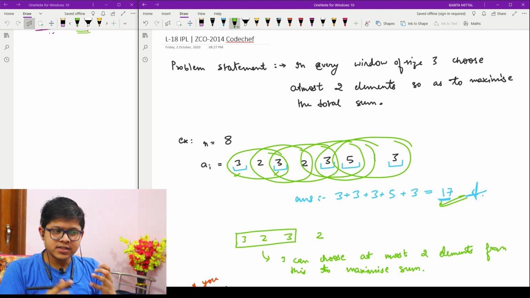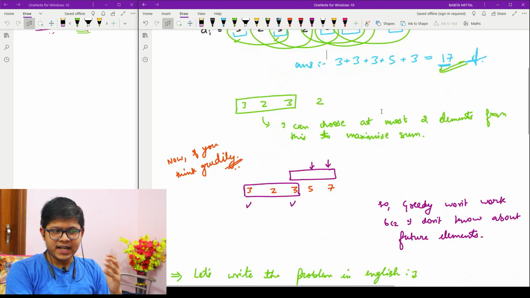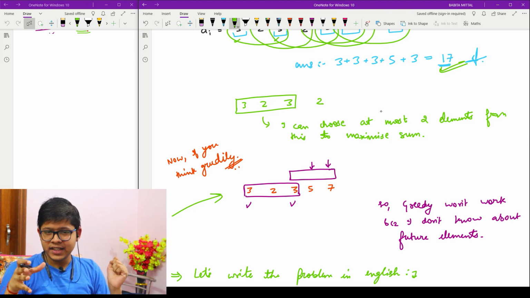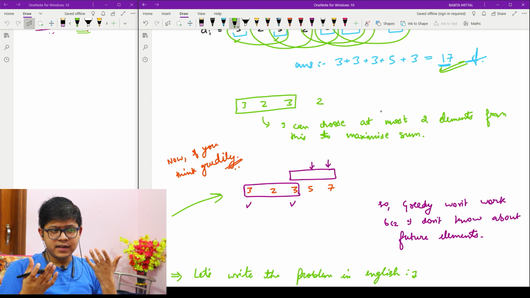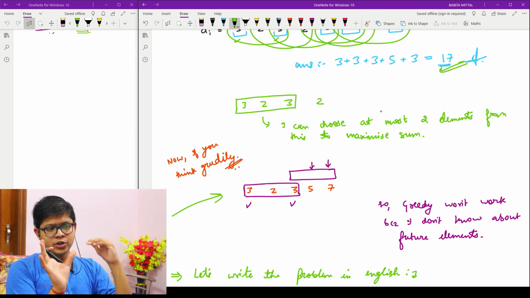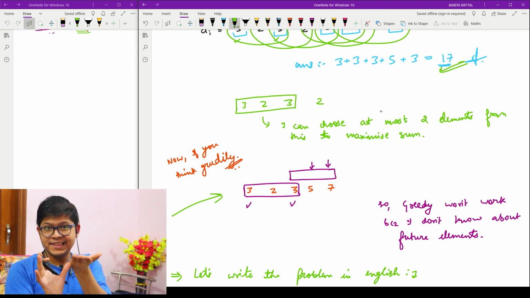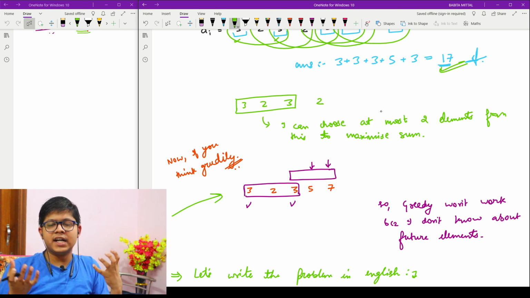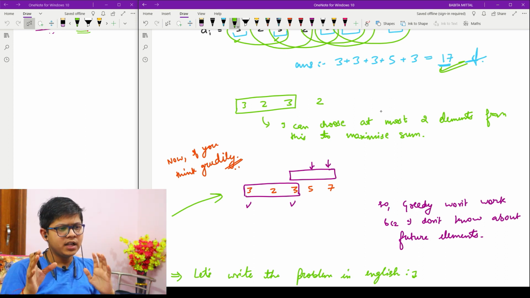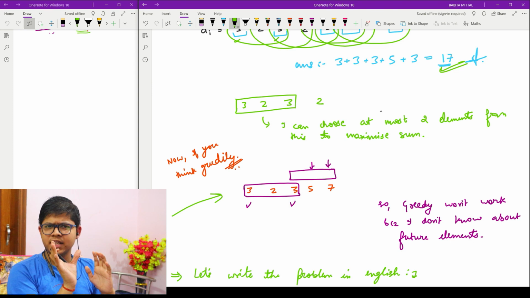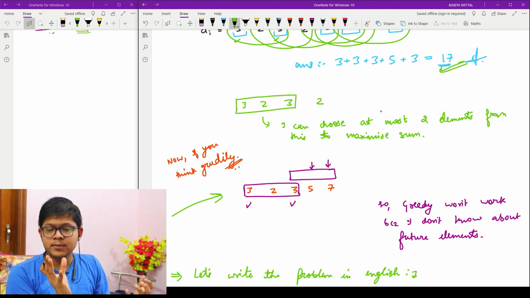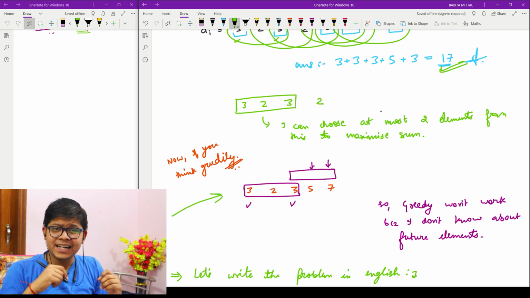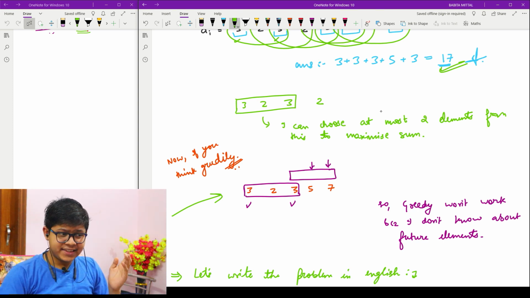But it's wrong. Because let's take an example where I have the array as 3, 2, 3, 5 and 7. Firstly you have the window of size 3, so you might think of choosing 3 and 3 from the first window, because ultimately you are aiming to have the maximum sum, and from the first window of size 3 those are the 2 maximum elements. So you might choose 3 and 3.